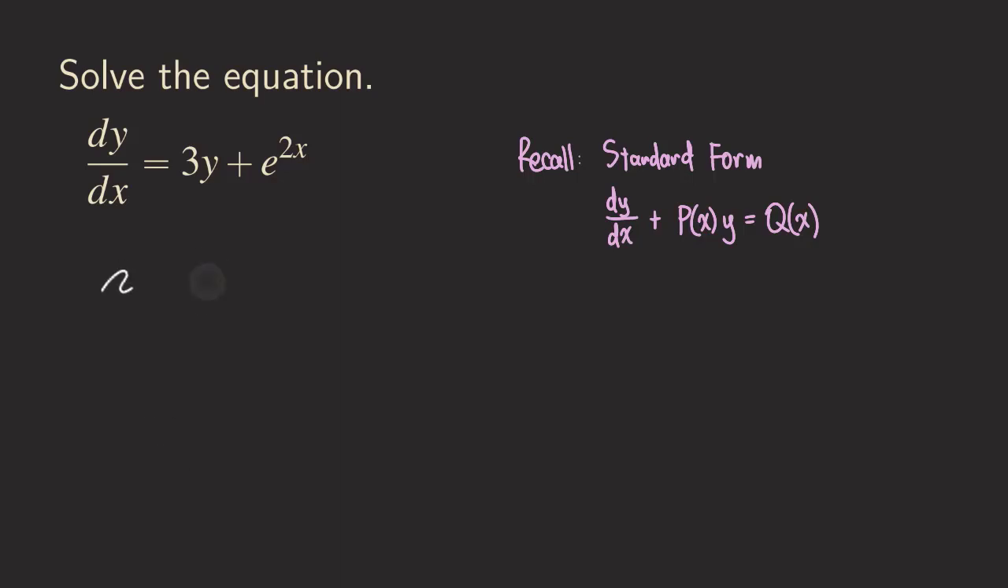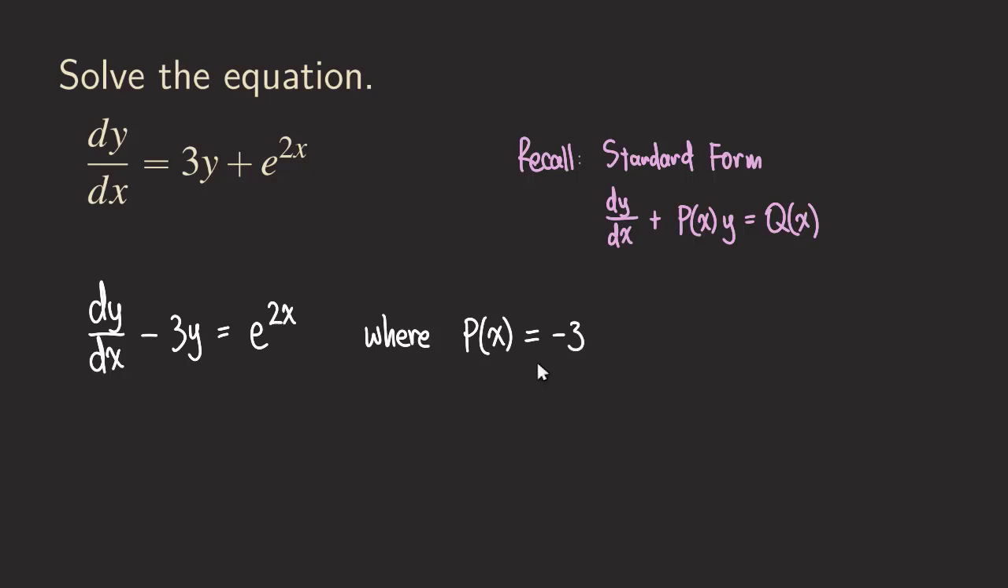So we are going to write dy over dx, and then subtract 3y from both sides of the equation, and then we get e to the 2x on the right hand side. And then we can also write down what p of x is and what q of x is. As you compare the equation with the standard form, you can see that the stuff attached to the y is the p. So in this case, p is negative 3. And then what about the q? The q is going to be e to the 2x,